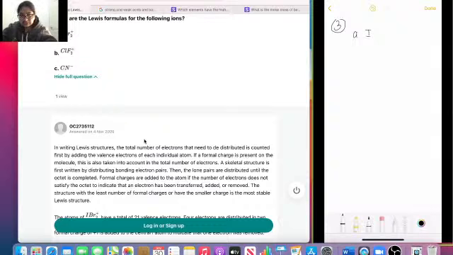This is iodine dibromide, IBr2 plus. Okay, this is plus. So they have a total of 21 valence electrons. Okay, and how I figured that out, we can say